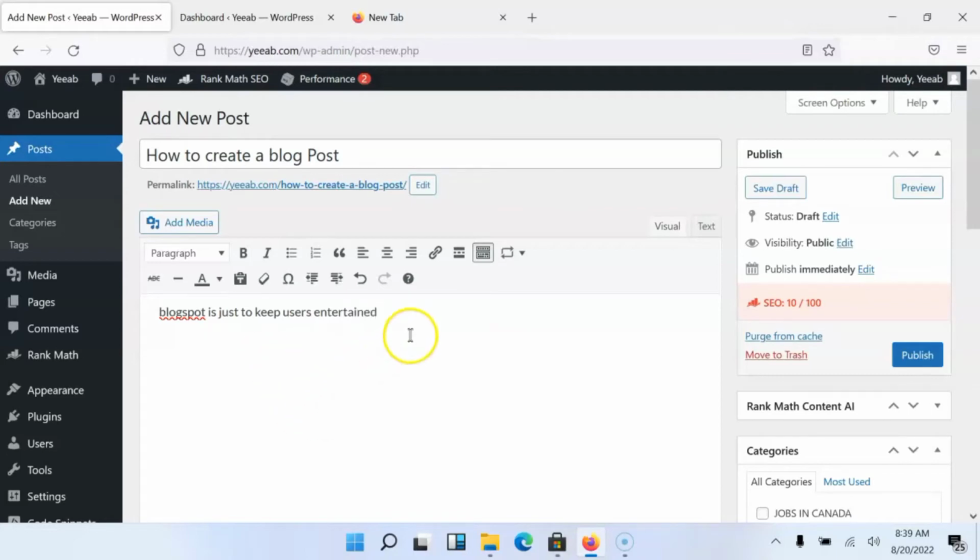So now this is the body of the content. I'm just giving you an example. You can write as much as you want. So now, a blog post is just to keep users entertained. So now I'm going to add a heading to my blog. So I will write something like features of blog post. So these are, for example,